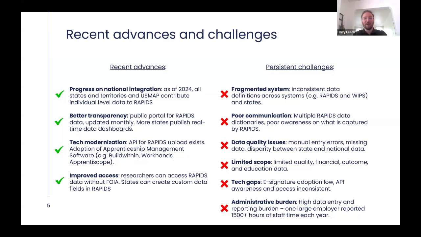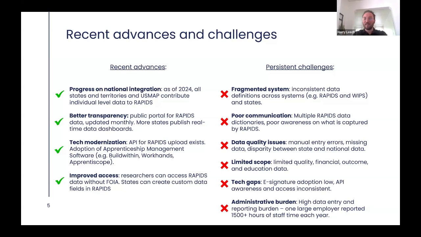I'd say, especially comparing internationally, there's actually in usual times a pretty good level of transparency. So Rapids data is available monthly. We have public dashboards where you have state by state data, and researchers can access the Rapids database. The fact that it's updated monthly is great. In the UK we publish data annually, so we've got nearly real-time data. That's not currently being updated, which is an issue, but hopefully we get back to that.